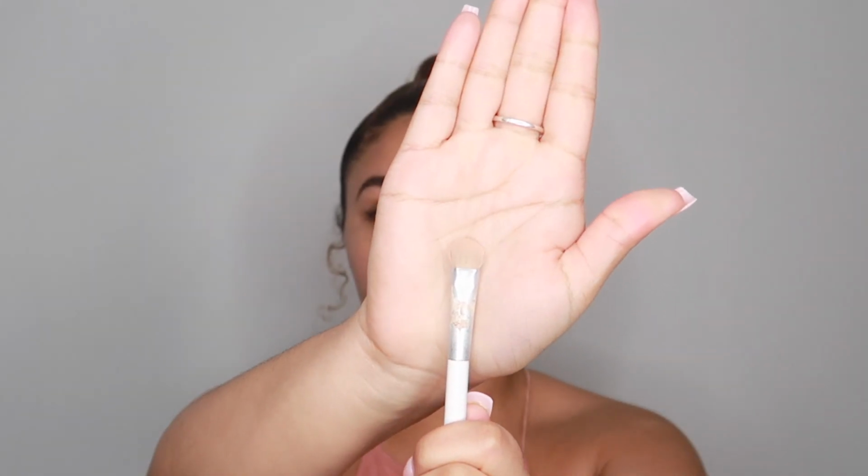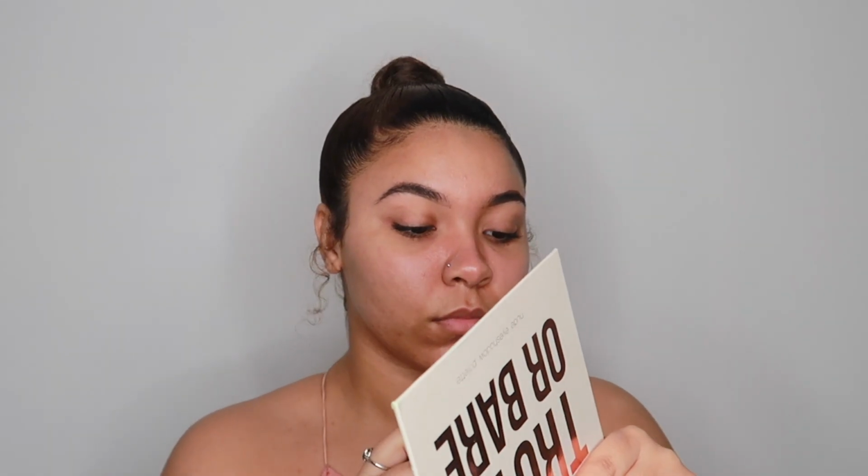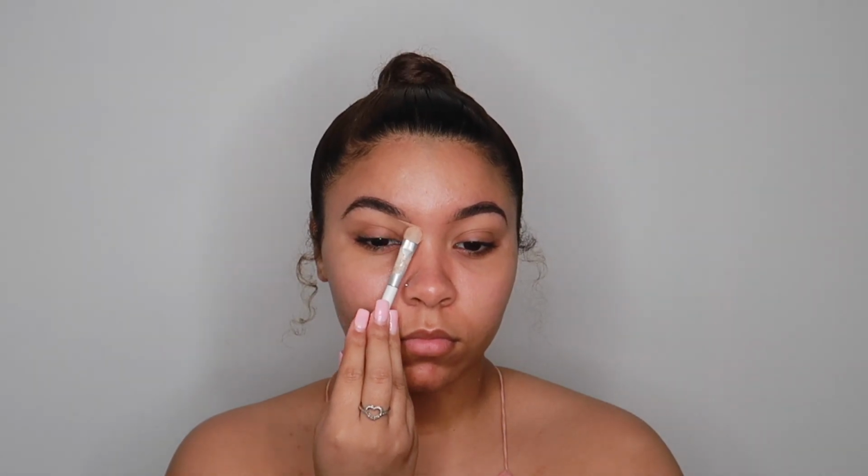to put it on my hand. This just is much easier for me. And I'm just going to take a brush that I flattened out to actually become my brow brush, and it works really good. So I'm going to dip it on my hand, and I'm just going to line my brows,